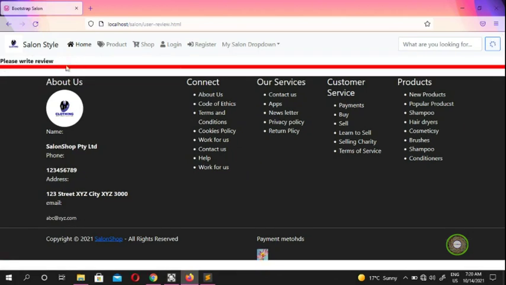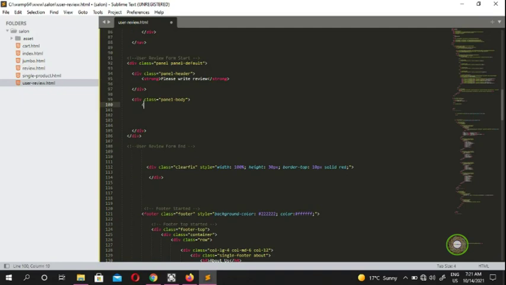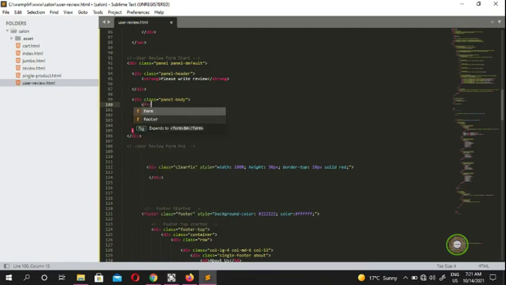Okay, so because our panel is empty, that's why you guys don't see anything. But once we populate our panel, then we're gonna see stuff. All right, so we're coming here, the panel body. Then, as I said to you guys, we're gonna say the form. So we're gonna say form,